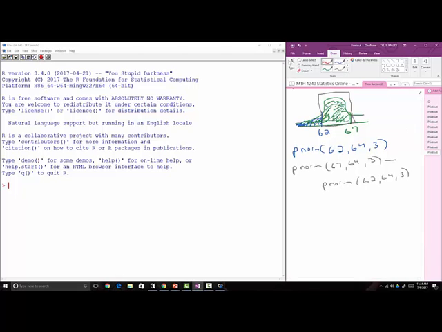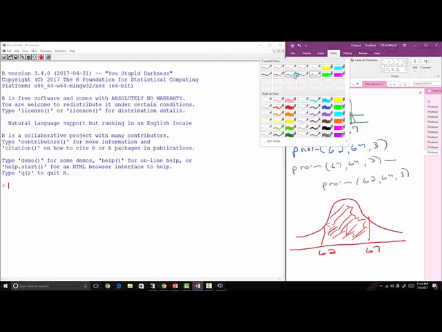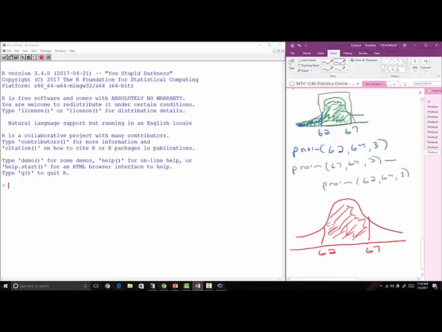So just to go over this again, right? Here's my normal distribution. Here's 67. Over here is 62. So the idea is I want this area here. So to find that area, one way is to find the area all the way over here, right? And then subtract off, take away this area, all this area from 62 to the left, and that will leave me with the area I want, right? Which is here,